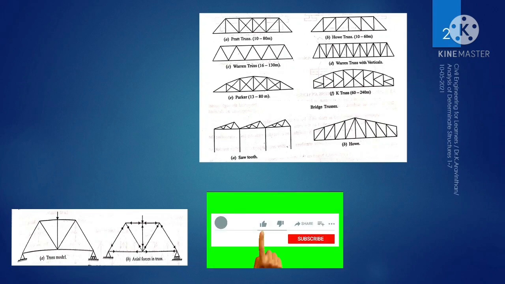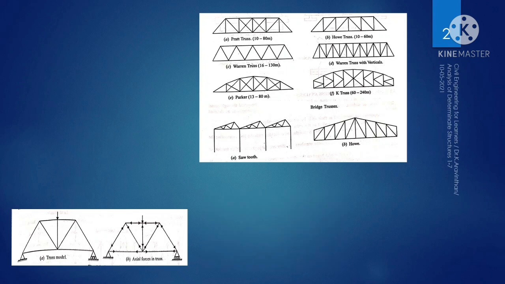The trusses are used for roofs, for industrial structures, and they are used to construct bridges. And according to the span of the bridge, the trusses are of different types. So if the truss span is small, you can use king post truss, queen post truss, the things which are used for roof coverings for residential houses. And if the span is long, say for example if you are constructing a bridge, then the following types of truss are used. They are